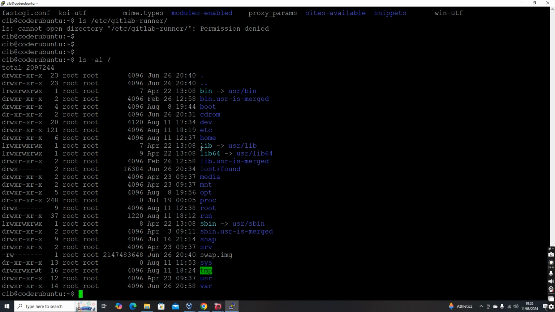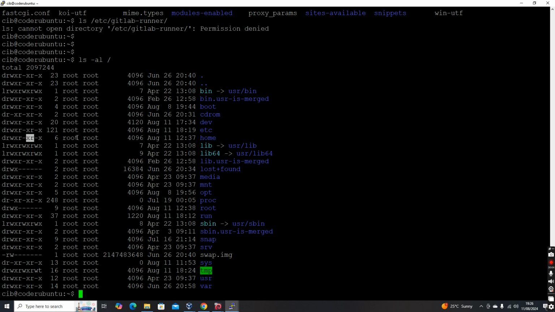But in case of, for example, sys, here if you see, nobody has write access, everyone has read and execute. Okay, now we have root. If you see, only the user has read, write, execute, and group and others don't have any permission. And home, if you see, the home directory is owned by root, and group has read execute, others also have read execute, right?